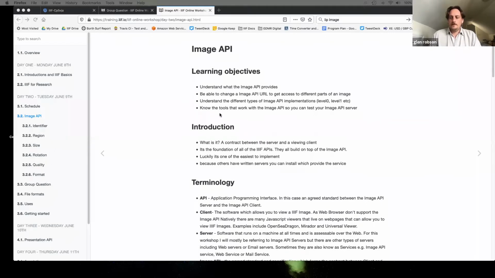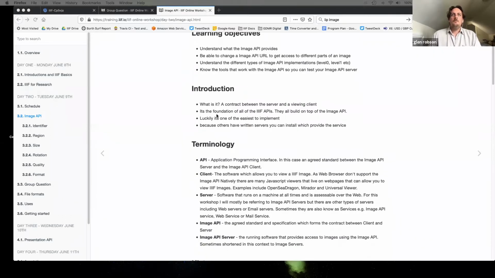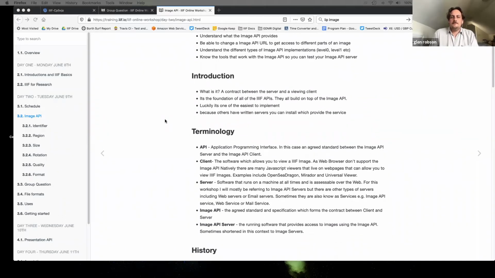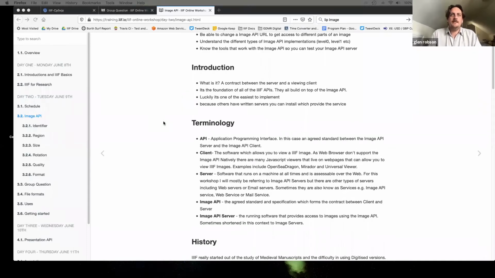So you'll see with the presentation tomorrow that some of the more advanced tools like Mirador and the Universal Viewer are based on the Presentation API and won't work with just the Image API, but we'll see some examples of tools that do. But I'm going to start off with what is the Image API, and really start with some terminology. When I'm talking about an API, it stands for Application Programming Interface, which is a horribly complex acronym, but